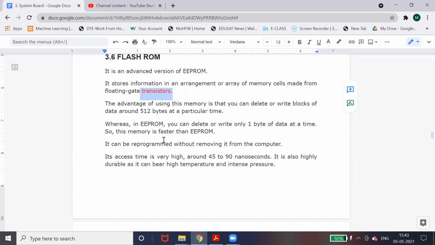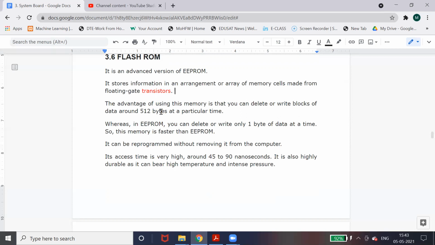Now, amplify signals means, suppose you are using a headphone. Every one of you is using a headphone. If you want to increase or decrease the sound on this headphone, this increasing and decreasing contains one electronic component, and that is nothing but the transistor. With the help of the transistor, you can decrease the sound level or increase the sound level, amplify the sound level. This is a use of the transistor.